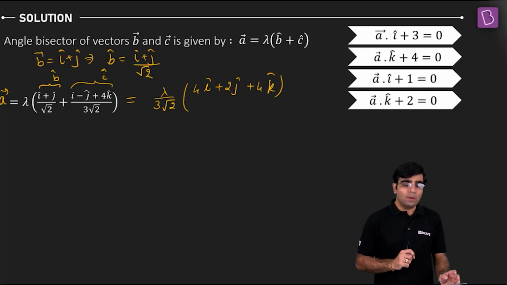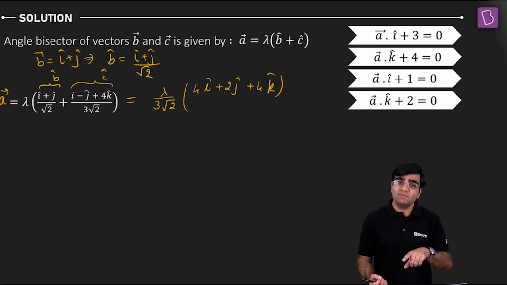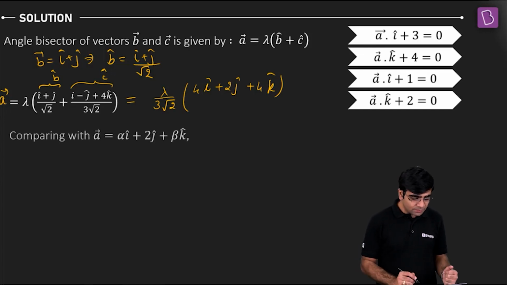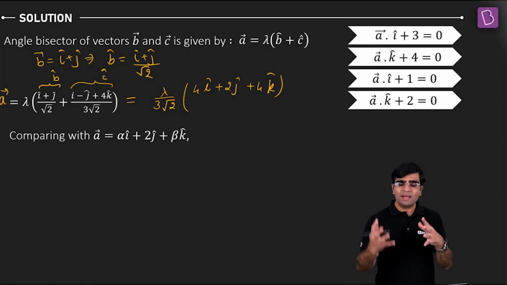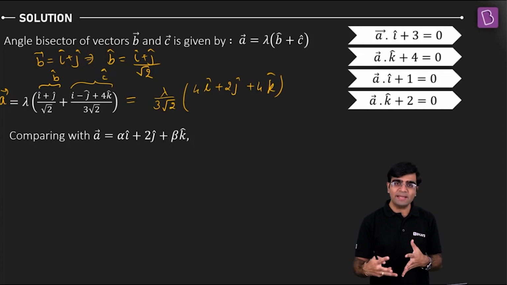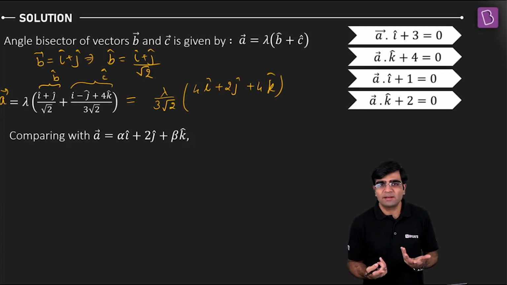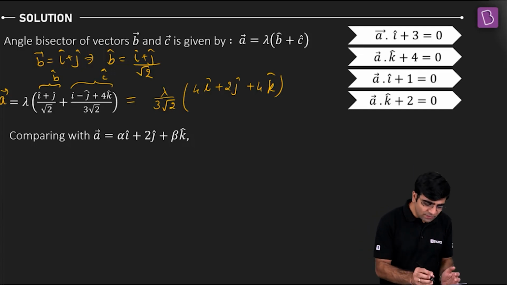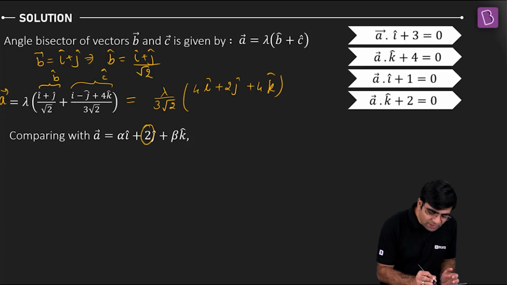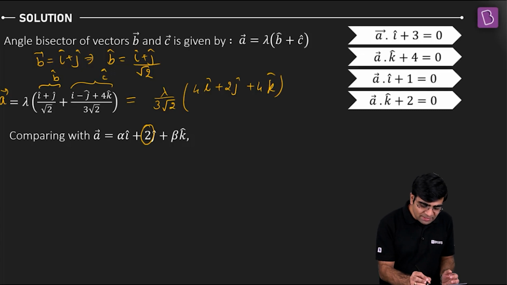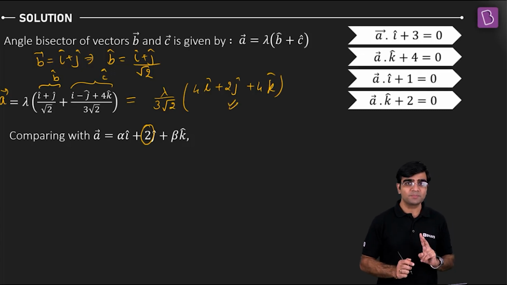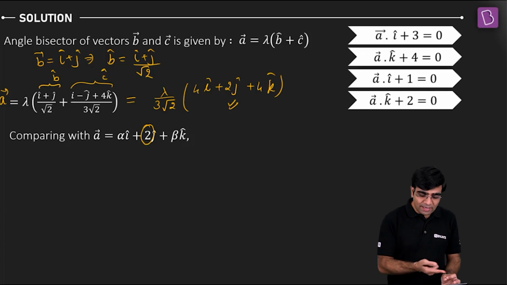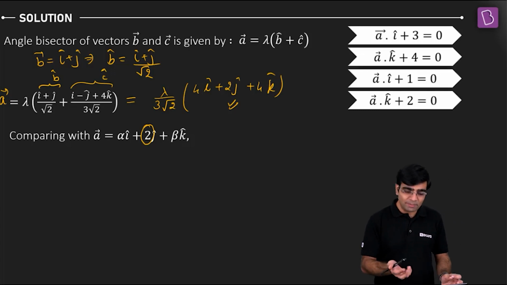Okay. Now, they have given me vector A also in another format, which is alpha i plus 2j plus bk. So I have vector A in two given styles. But vector A is only one vector, right? So it will have all the same components: i, j, k, all the components will be the same. So if here my j component is 2, here also my j component has to be 2 only, right? So how will I be equating it?